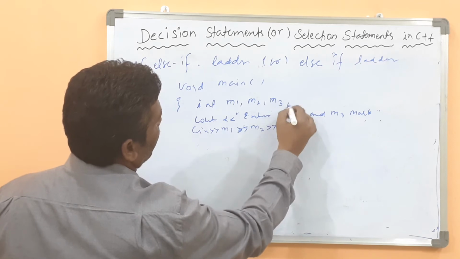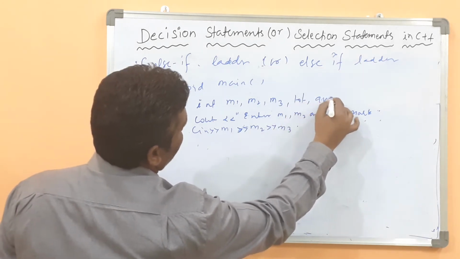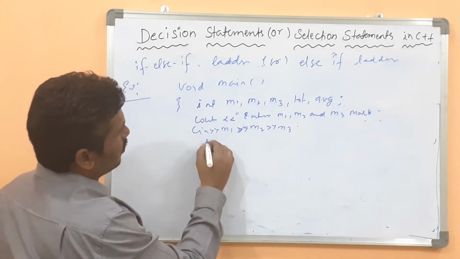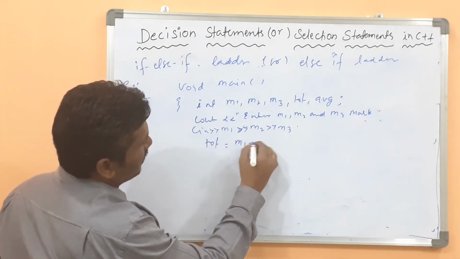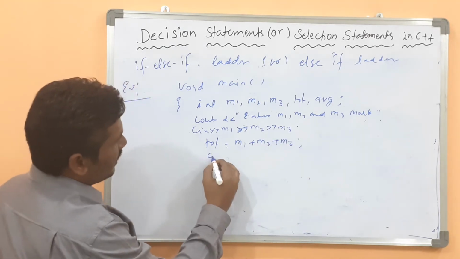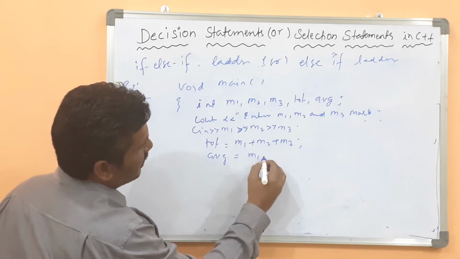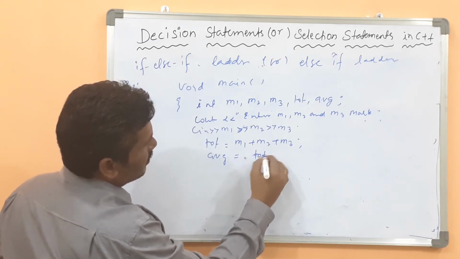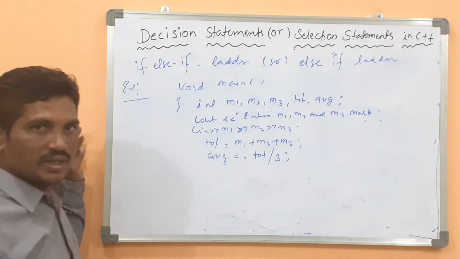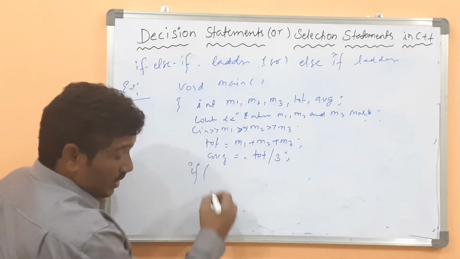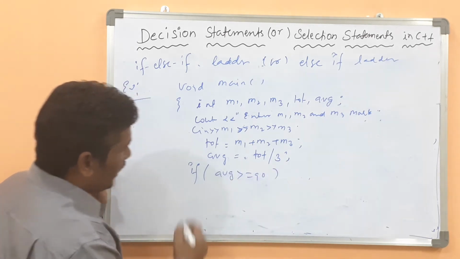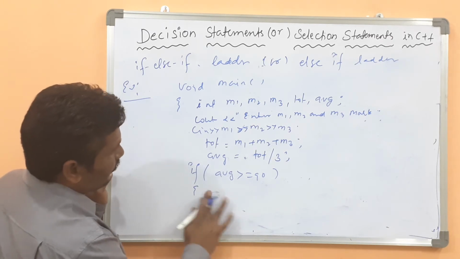Here we also require total and average variables. Then total equals m1 plus m2 plus m3. Average: how many subjects have you taken? 3 subjects, so total by 3. Based on this average, we need to find out the grade. If average is 90 or above 90,